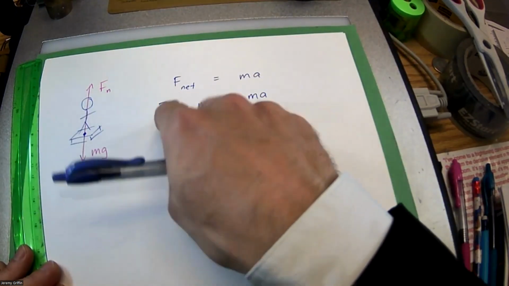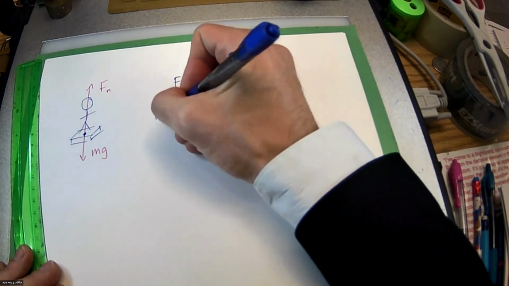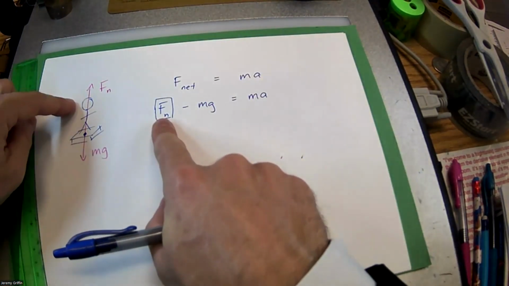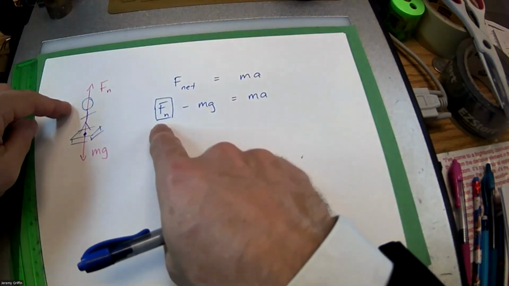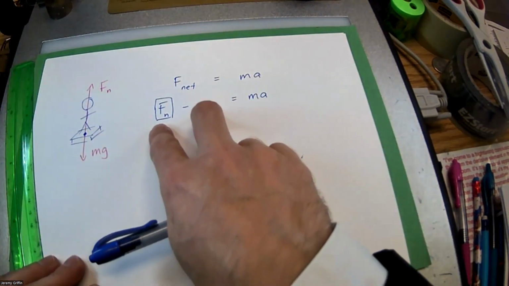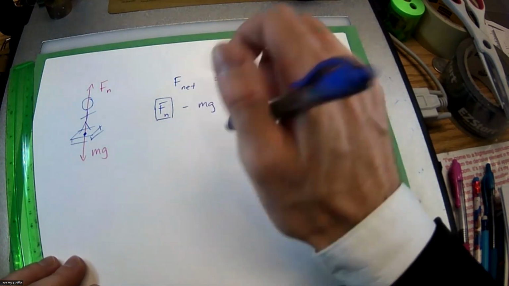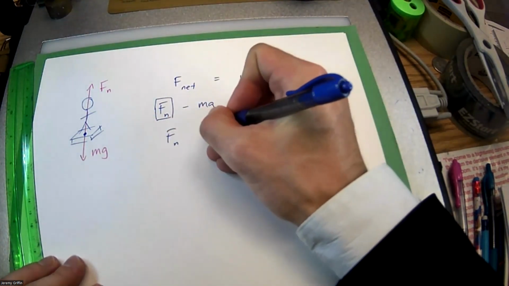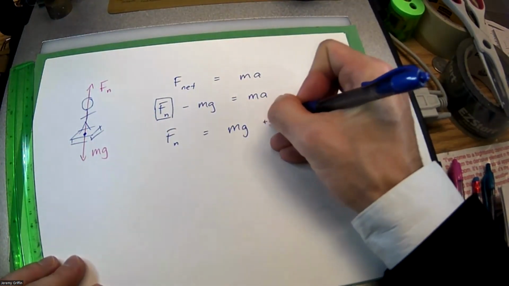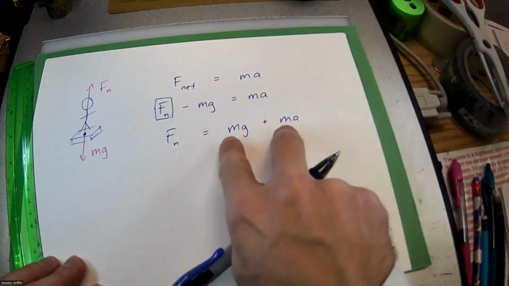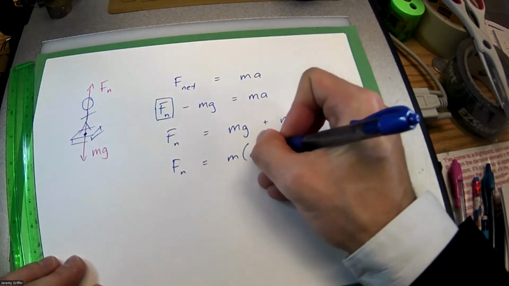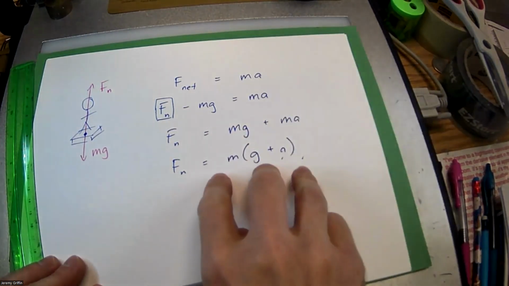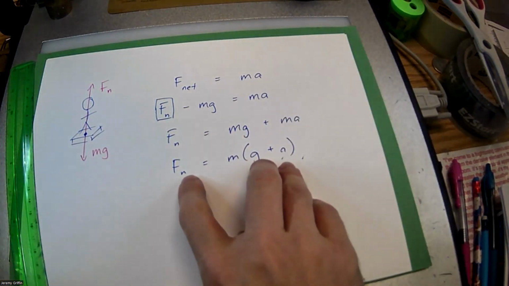And if you want to solve for the reading on the scale, that's what that would be: the reading on the scale, or tension in the elevator cable, it's the same math. So take this and add it over, and the rest is just algebra. N equals mg plus ma. If you like, you can factor out the mass of the guy, it's the same mass. That should look super familiar. You've seen this several times the first semester.